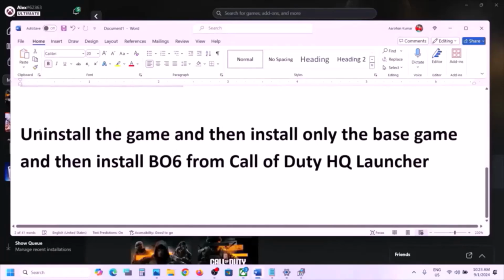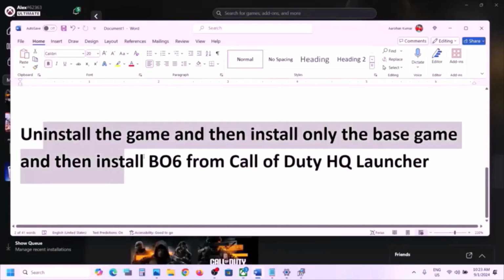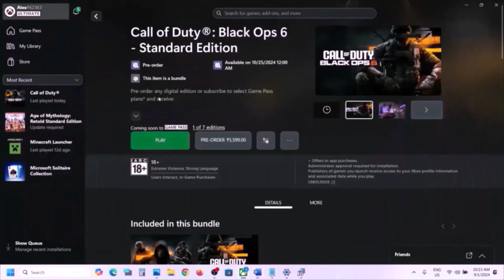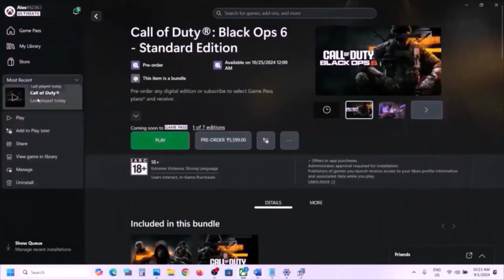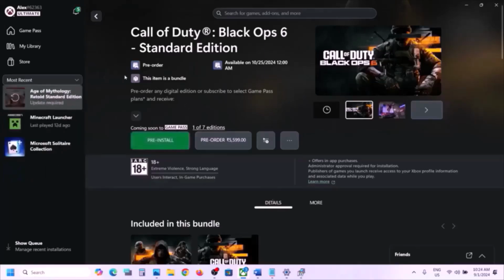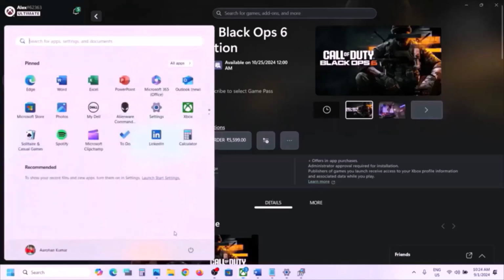Next step is to uninstall the game and then install only the base game and then install Black Ops 6 from the Call of Duty HQ launcher. For this, if nothing is working, you can just right click on the game and then click on uninstall, and let the uninstall complete. Now it's uninstalled. Now restart your computer if you want. So restart your computer, open the Xbox app